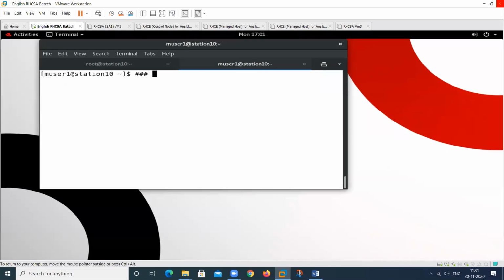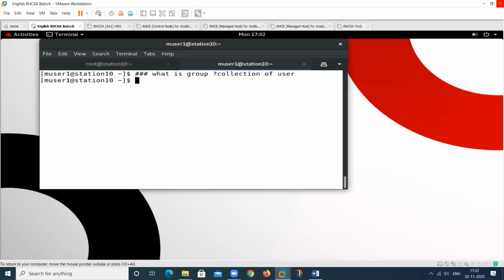So now I will tell you about what a group is. Tell me, what is a group? A group is a collection of users. When we create any group, it can have the information of a number of users. To apply permission to perform any particular task by a number of users, we can create a group to perform that work.